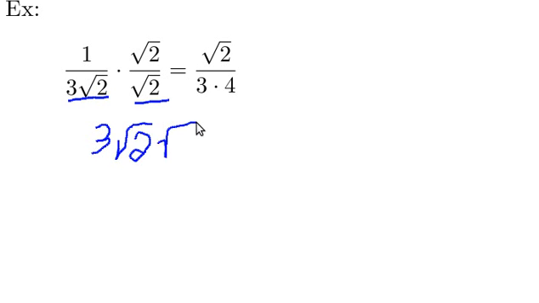Gosh, that looks terrible, doesn't it? It's hard to write with the mouse. And this was something that I thought might be easier to write than to... Well, you can still tell what it is, though. It's 3 times the square root of 2 times the square root of 2. And, of course, these two together equal this. 3 times... You have the 3 here, and then the square root of 2 times the square root of 2